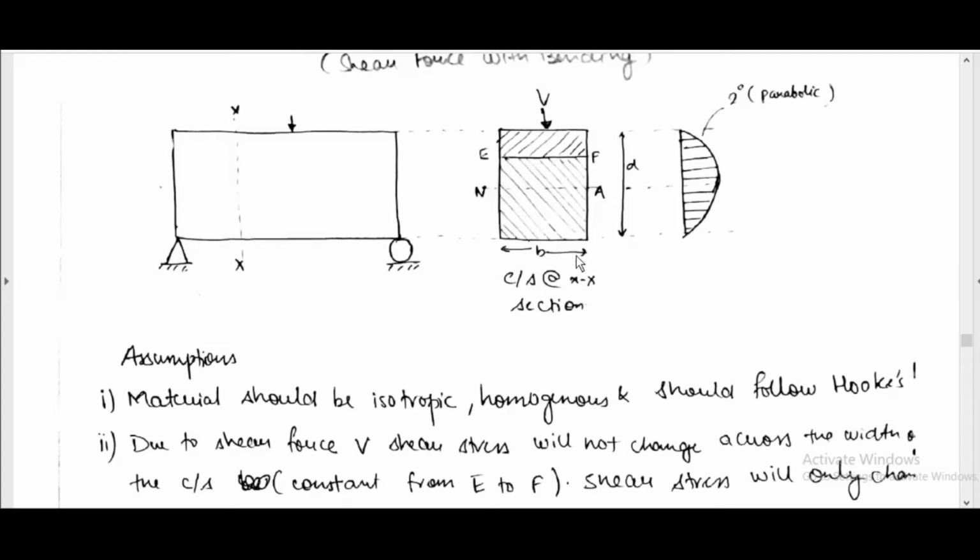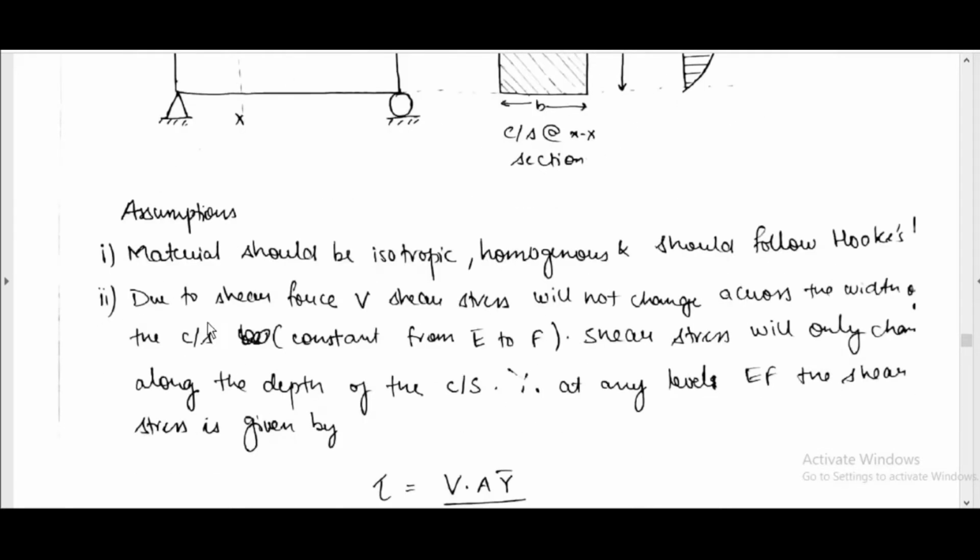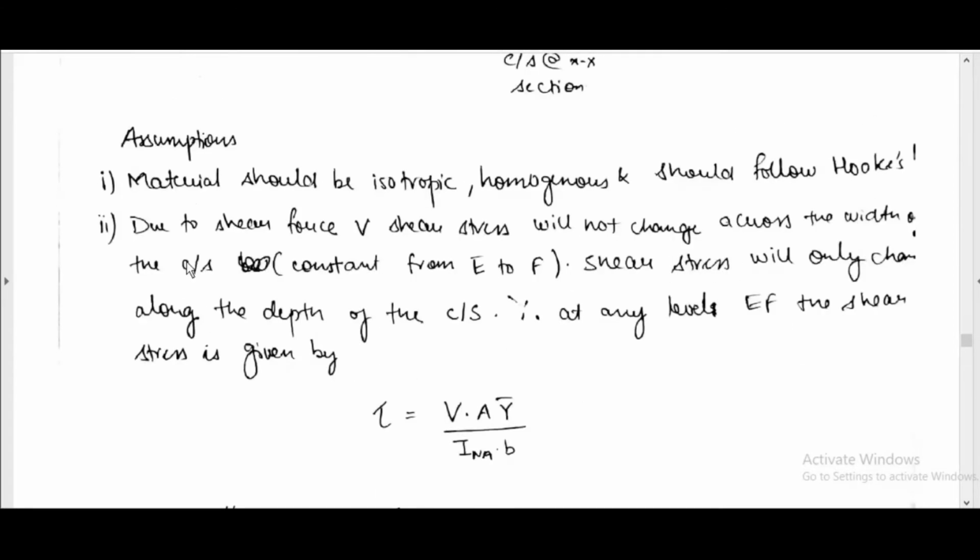width b, shear force V. Secondary parabolic. This is the shear stress distribution. We will discuss that later. Assumptions: the material should be isotropic, homogeneous, and should follow Hooke's law. Due to shear force,